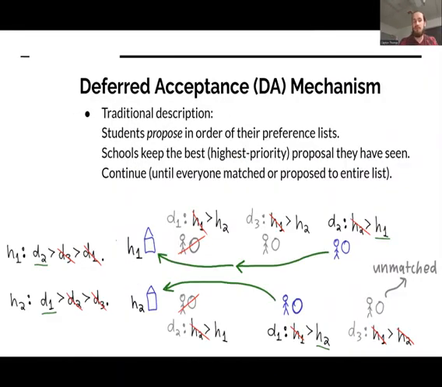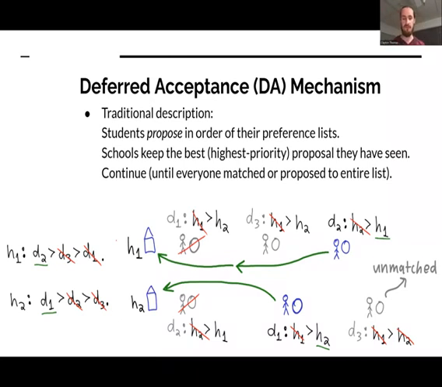So how does DA actually work? Its traditional description is this classic student proposing deferred acceptance algorithm. Students propose in order of their preference list. Schools keep the highest priority favorite proposal they've seen so far, possibly rejecting tentative acceptances from previous rounds. And you just continue doing this, going down students' preference lists until everyone is matched or has proposed to their